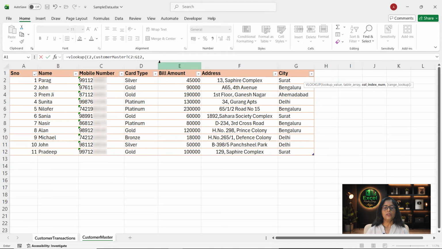Now, here is the catch. The third argument, which is the column index number, decides what result is going to be returned through VLOOKUP. Generally we give one column index number, but here we are looking for 2 values. So we write those 2 column index numbers enclosed in curly brackets. I'm using the opening bracket and then writing: this is the 4th column in the selection, address, and the 5th column is the city. So 4, 5, curly brackets closed, and then comma for the 4th argument, 0 for the exact match, and